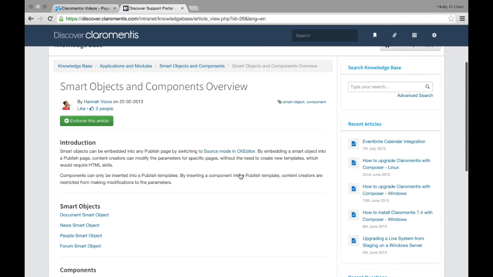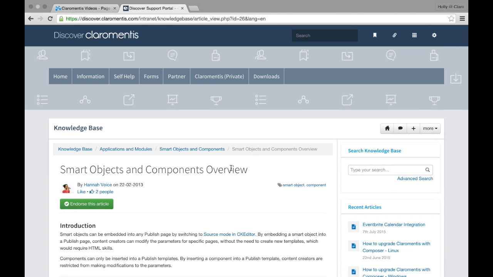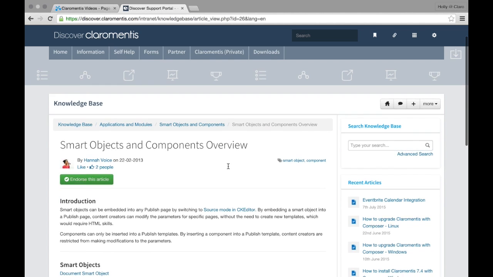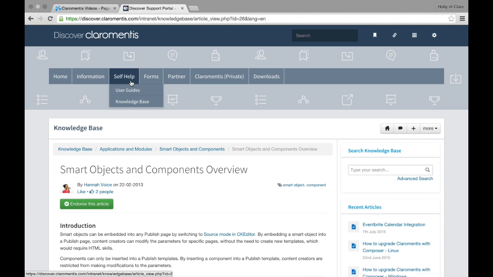So anyway, this is Discover. If you haven't signed into it before, you should, because it's brilliant. And the plan is in a few weeks' time to make Discover public. So those users who don't have an admin account to sign in and ask questions will be able to access Discover as well. So in the knowledge base on Discover, which is under the self-help heading, you will find